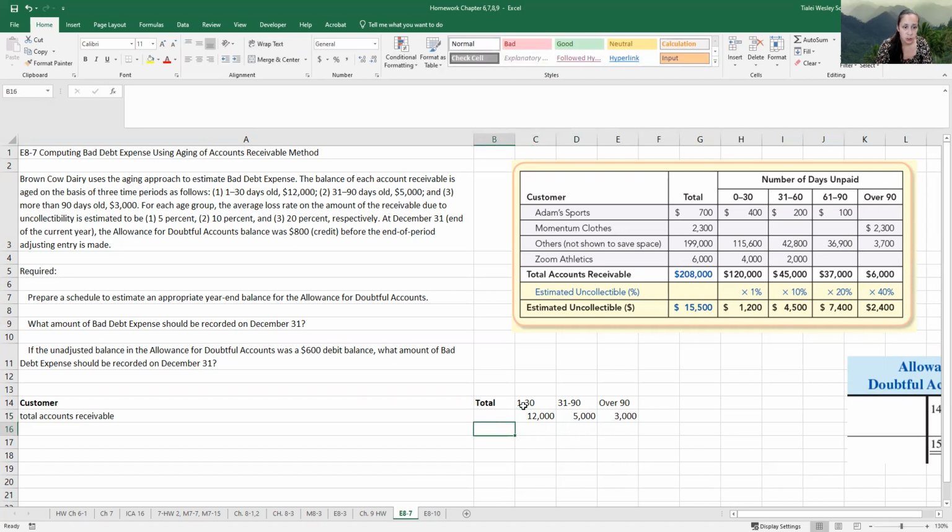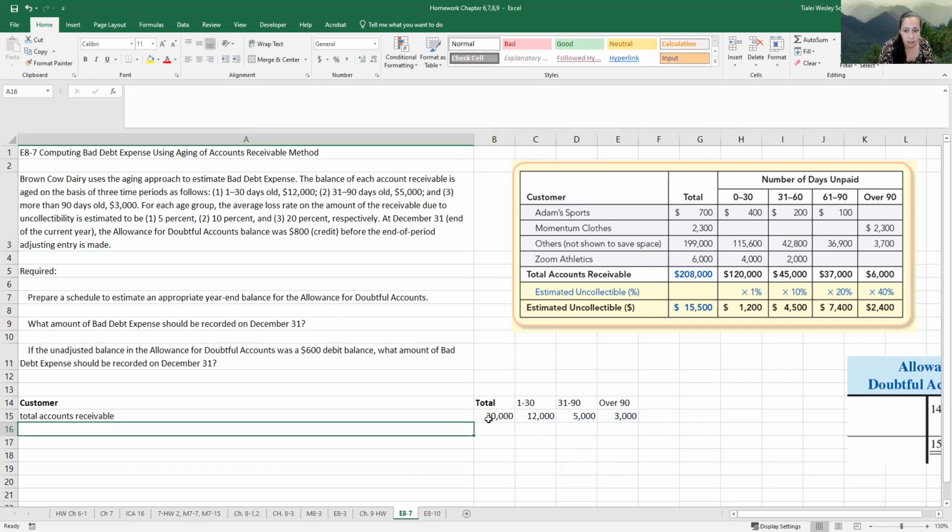For each age group, there is an average loss rate. So we have this total accounts receivable. We can sum these up. Let's sum up all three of those, C15, D15, and E15. And it says the estimated uncollectible